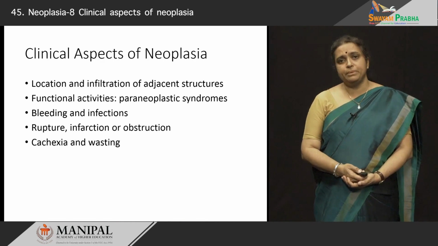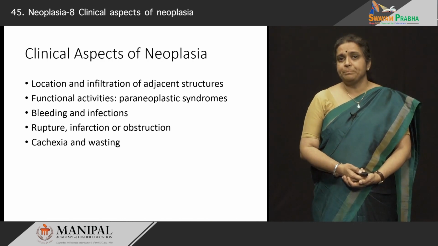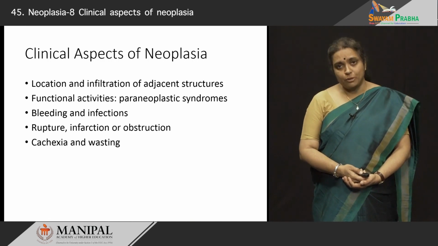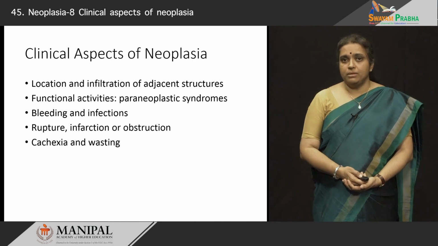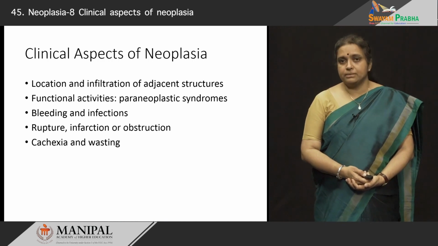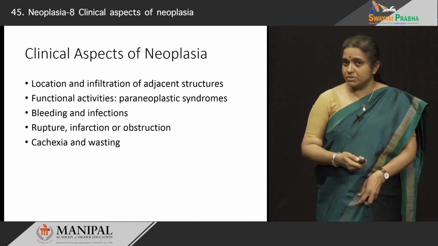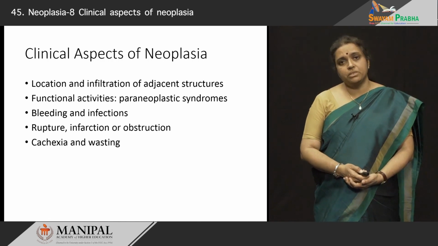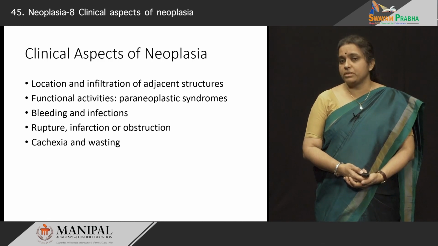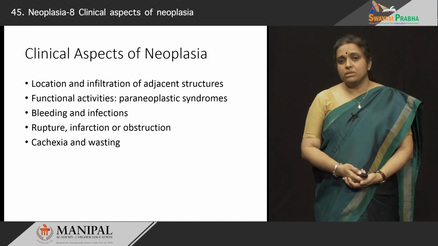problems. And for example, a pituitary adenoma. Now, it is only a benign tumor, but then it can impinge upon very important structures and cause all kinds of problems. A small carcinoma in the bile duct, it may be very small, less than 1 centimeter, but still since it can obstruct the bile duct, it can cause huge amounts of problem for the patients like obstructive jaundice and so on. So, this property of cancer, its ability to infiltrate the adjacent structures and the location cause a